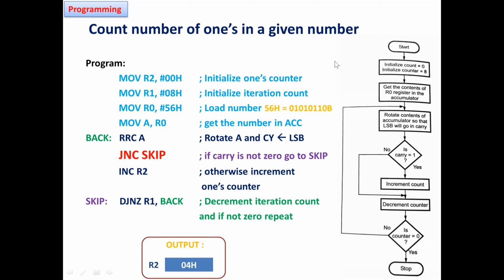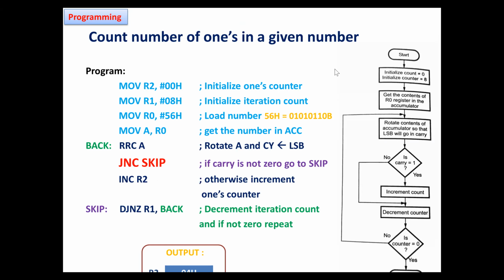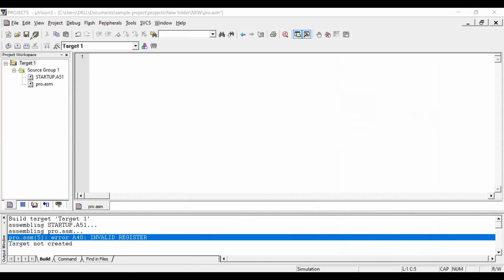So if you want, we can go to the software part and we can try to execute this same program. I will go ahead with typing. So here I will type origin 00H. Okay. So anybody can tell me what is my first step. I will explain this loop also if you require.